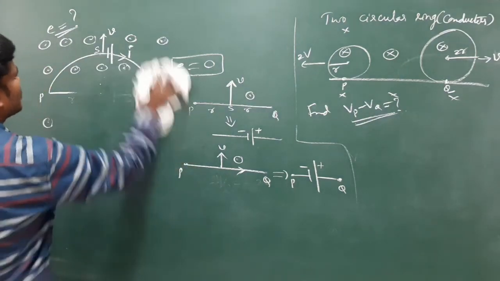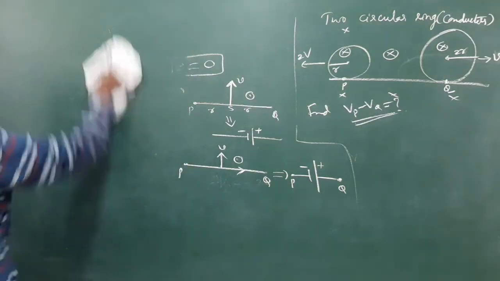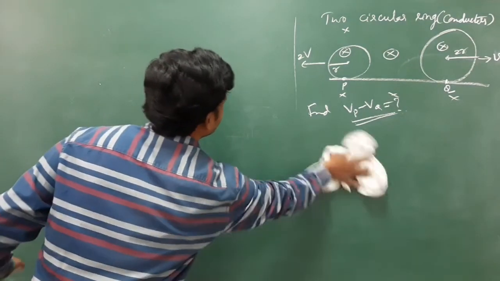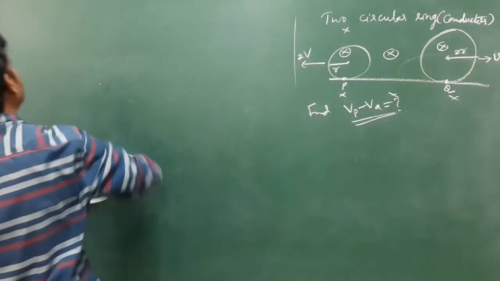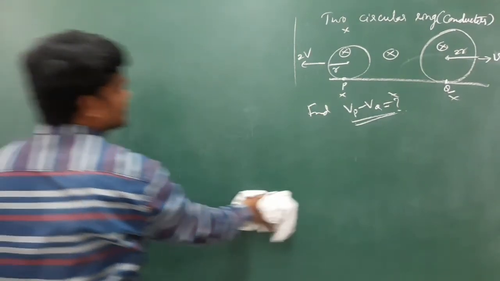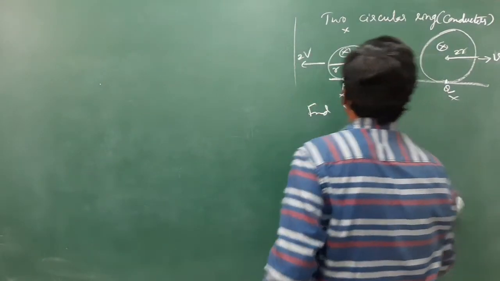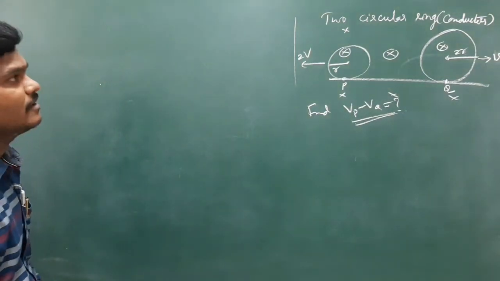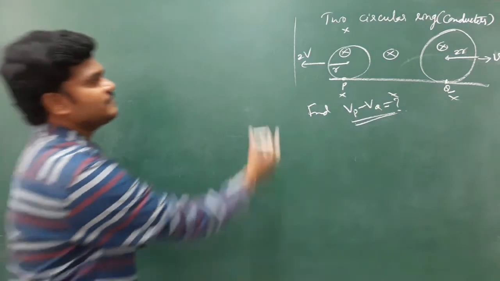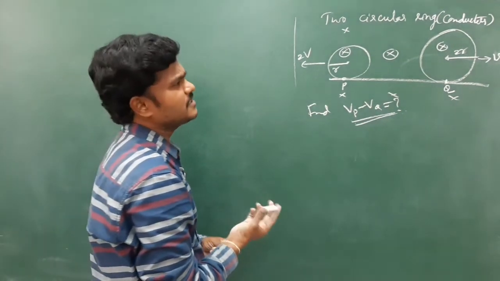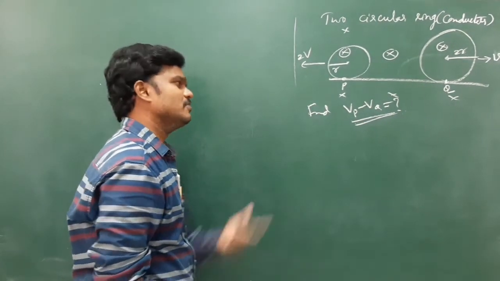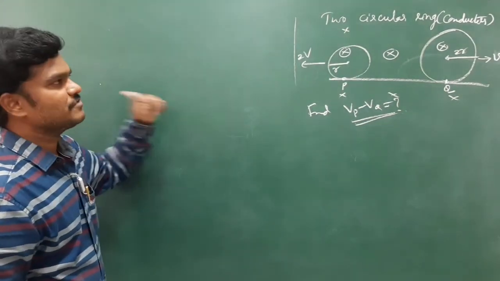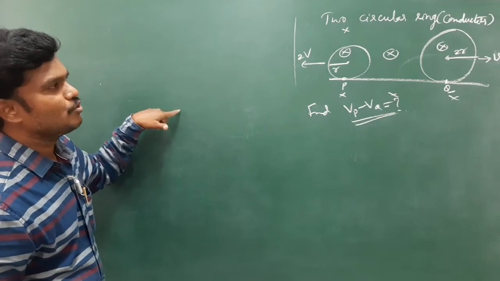Of the circular conductors, one conductor of radius R is moving left side, and the other one of radius 2R is moving right side, and both are subjected to the inward magnetic field. Now the target is to find the potential difference between P and Q as shown in the figure. Now replace the first conductor with a battery and replace the second conductor with a battery, then you will get the answer. The first conductor moves left, which means the motion of the conductor is left side and the field is into the board.